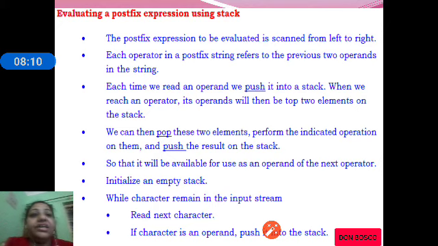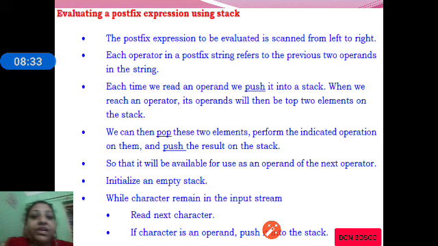Each time we read an operand, we push it onto the stack till we reach the operator. Once we reach the operator, we pop two operands from the stack, perform the indicated operation and put the result back to the stack.